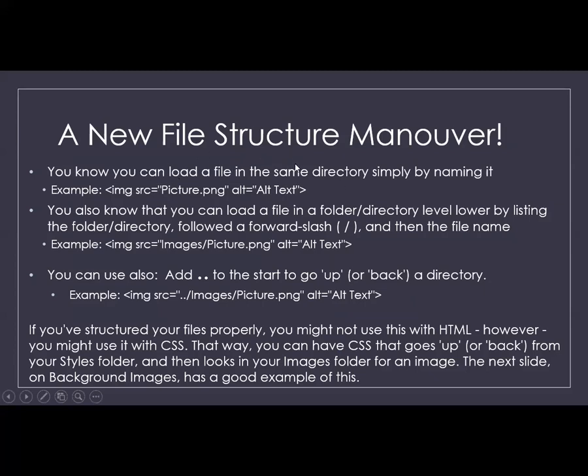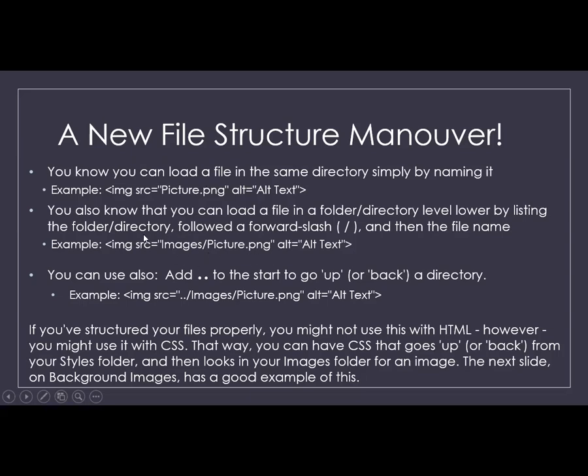We're aware that you can load a file in the same directory by naming it, right? This is our local, our relative paths right here with an image SRC. You can just put the file name inside of the quotes and it's going to appear like normal. We're used to that. Something new that you can do is just adding a slash to that file name,